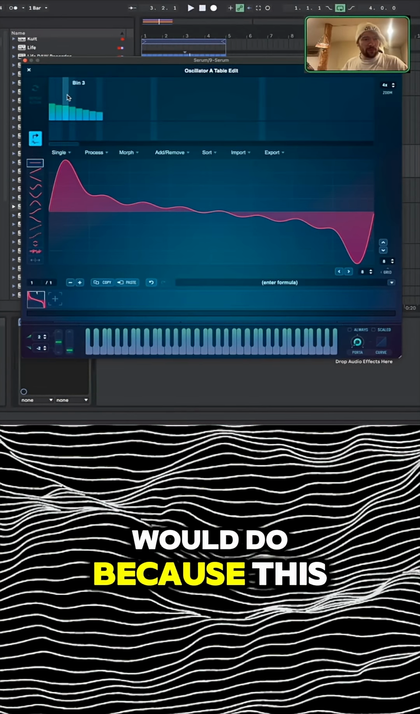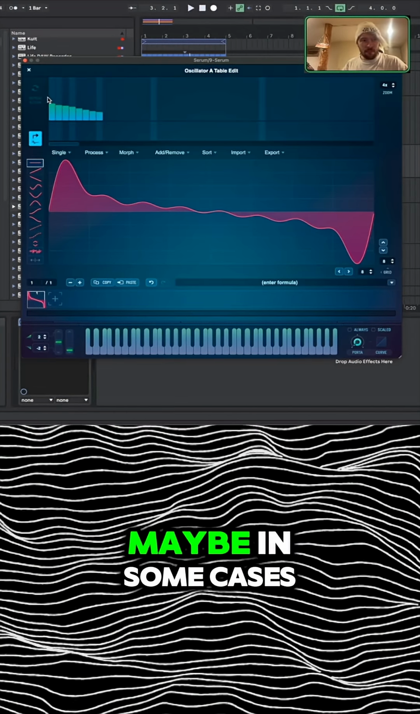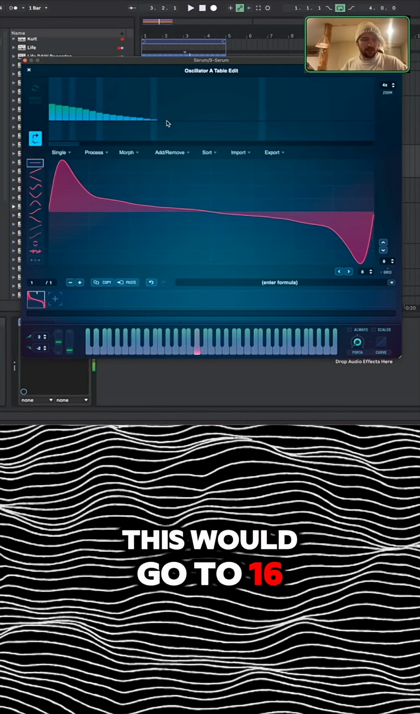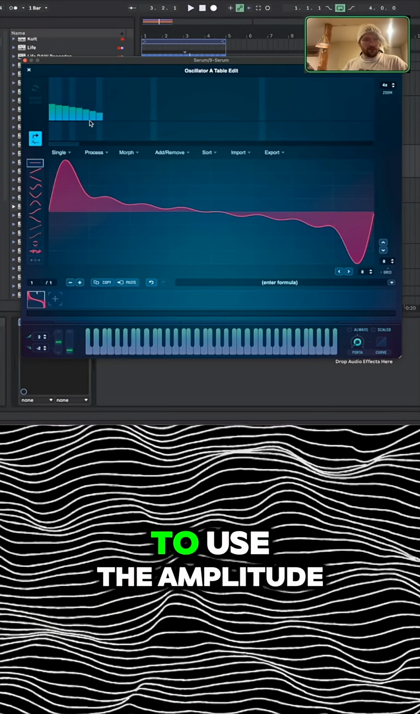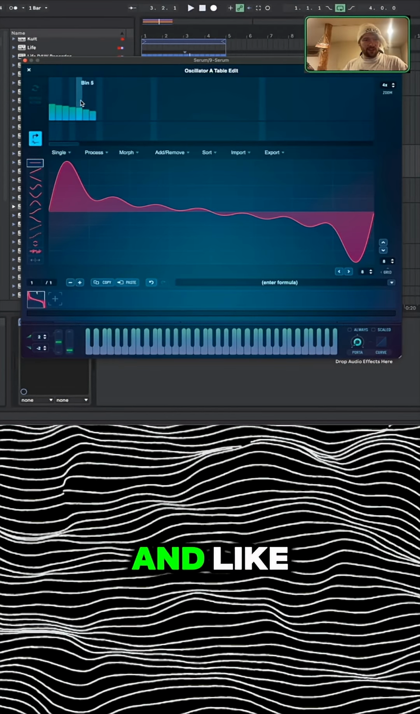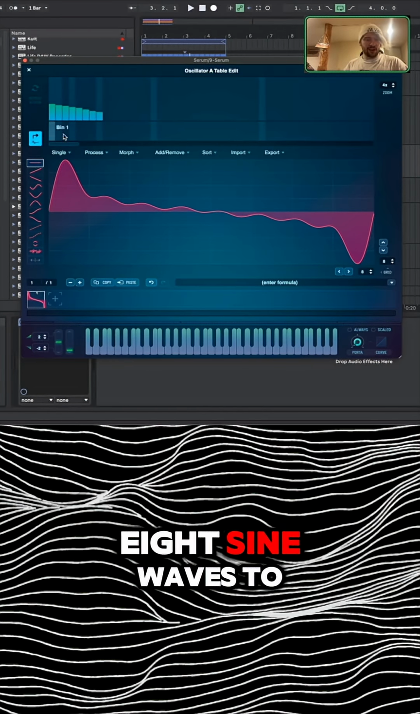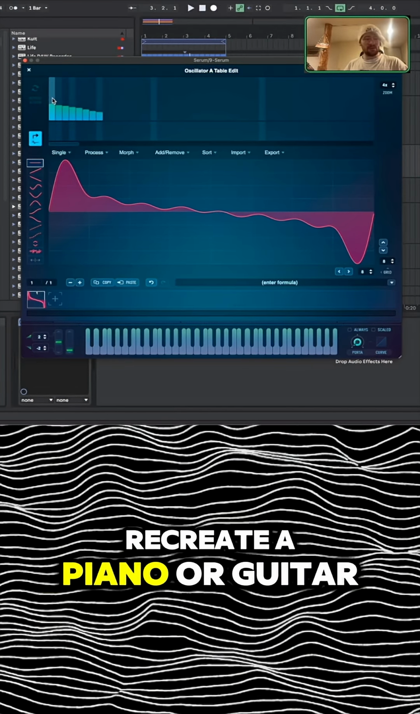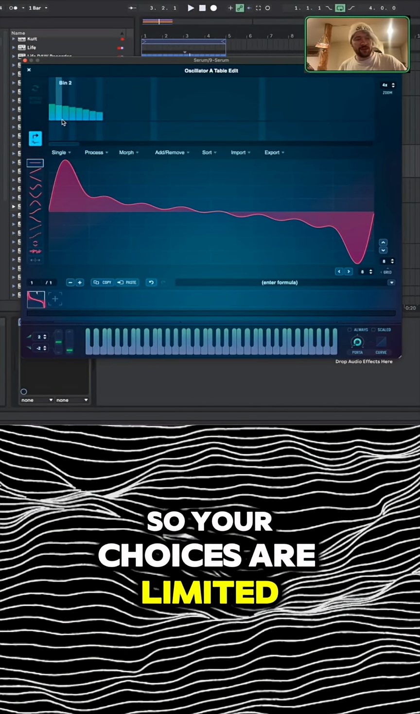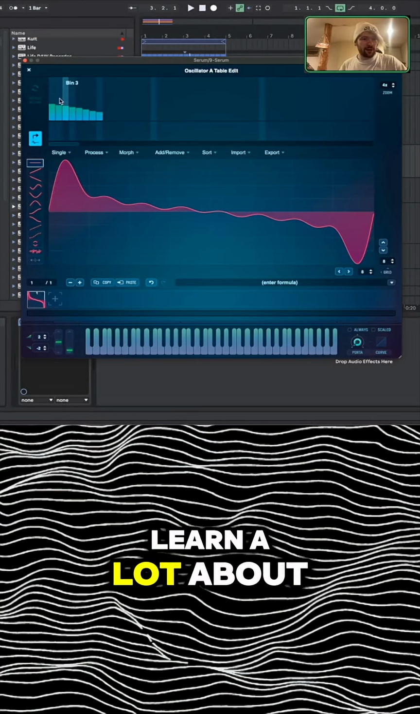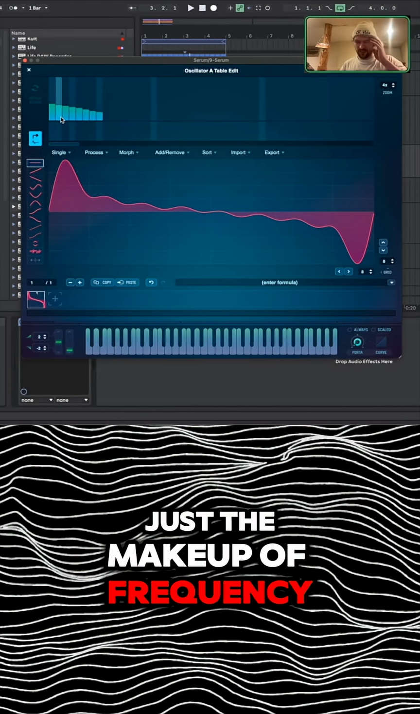And then what they would do, because this is all they had to work with, maybe in some cases this would go to 16, then you've got a little more resolution, is they would have to use the amplitude and the amount of these 8 sine waves to recreate a piano or a guitar or flute or strings or something. So your choices are limited, but you kind of learn a lot about the makeup of frequency overtone